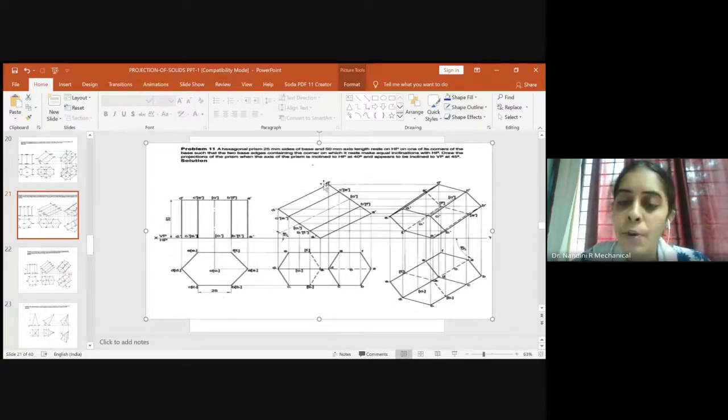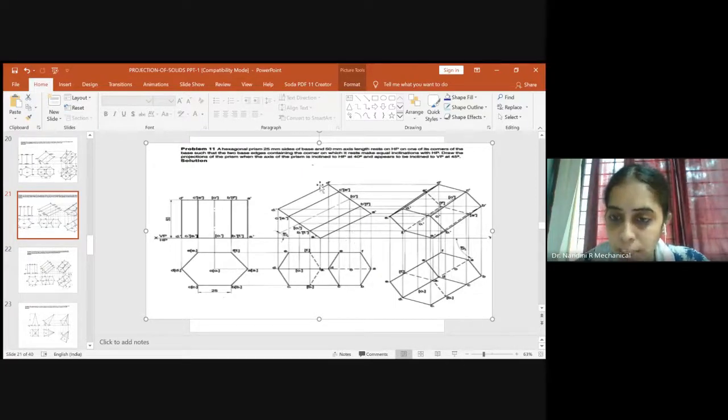So from each and every point in the front view of the top surface as well as the bottom surface. For your ease, in order to reduce the complexity, what you can do is extend the projections of the front view lines first, and then extend the projection from the top view until where it is meeting, so that you will not have any confusion. So first take the projections from the front view, extend them until where you need, and then come back to the top view. Now just take the projections of the bottom surface first.